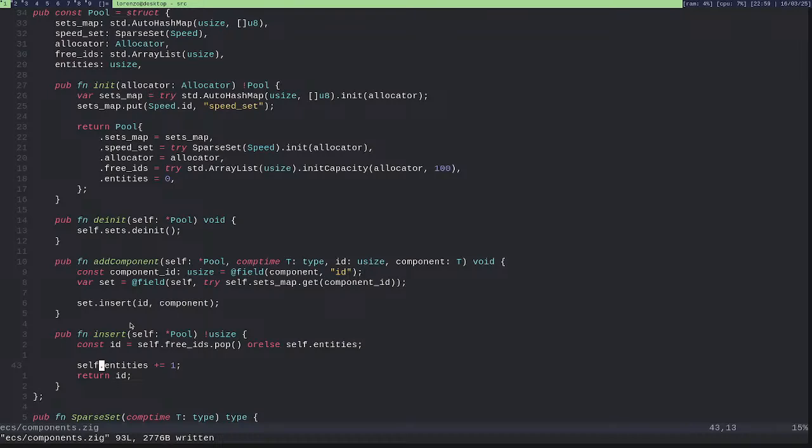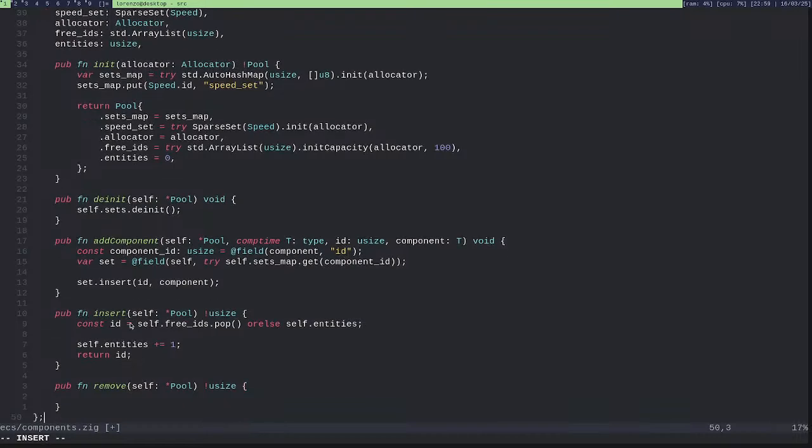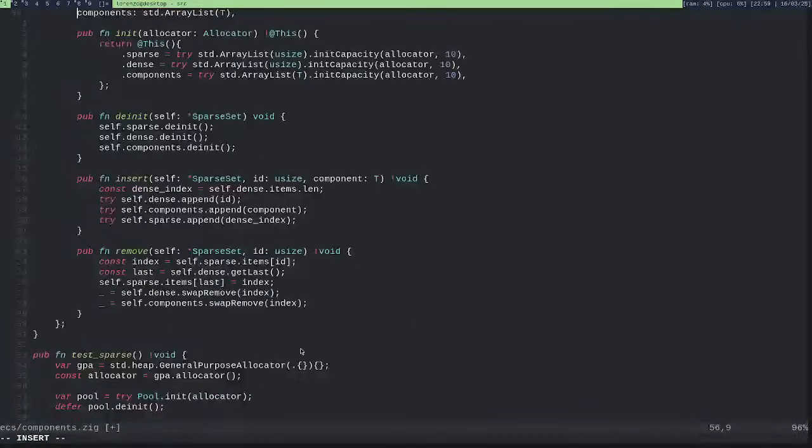And what else? Well, really nothing else actually, because if I don't add components, this is just a number and I don't even need to store it anywhere. And then I will do also remove. So self pool. Well, this gets actually a bit more complicated because I have to remove all the components from here.